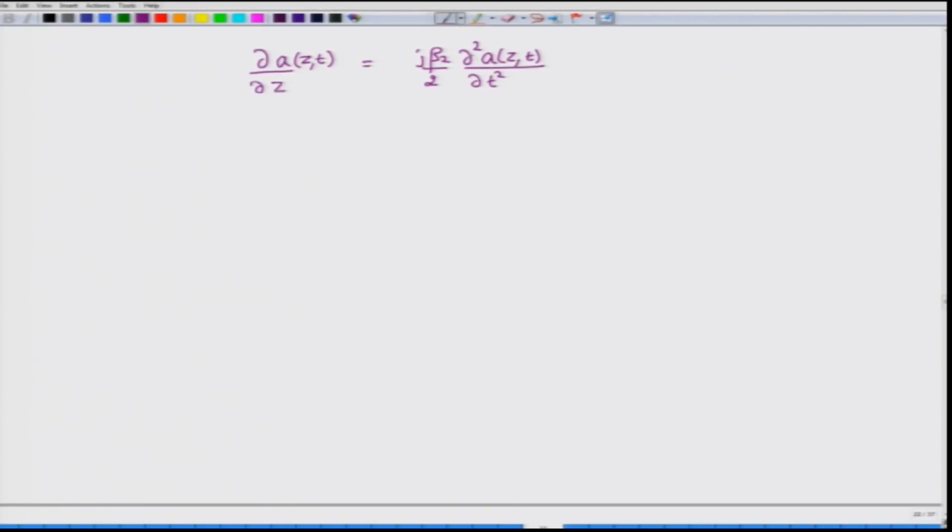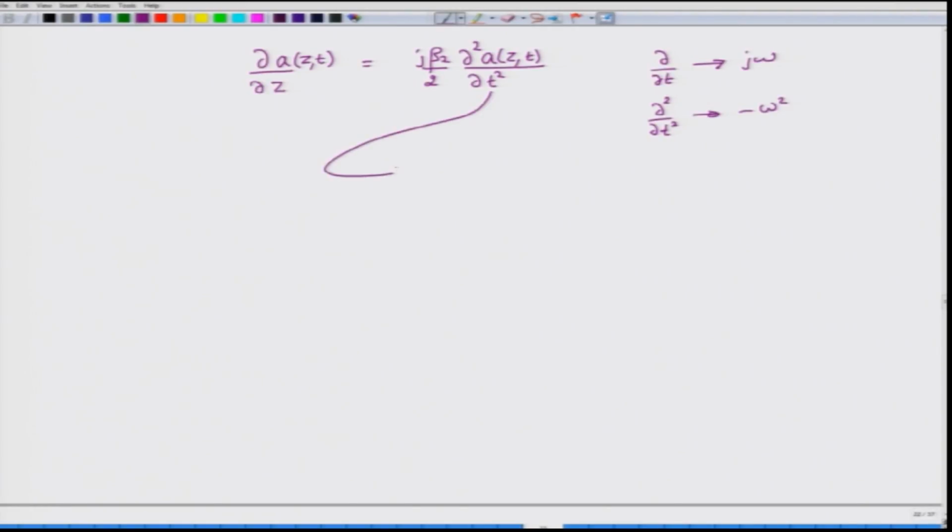Now, why did I write this as del square by del t square? Because in Fourier transform, del by del t corresponds to multiplication of the Fourier transform by j omega, and therefore del square by del t square would be minus omega square. Because there was a minus omega square in the previous expression, I replaced minus omega square by the operator del square by del t square. So, please take a look at this equation. This is a very interesting, very important equation. There is only one important point that I would like to make here.